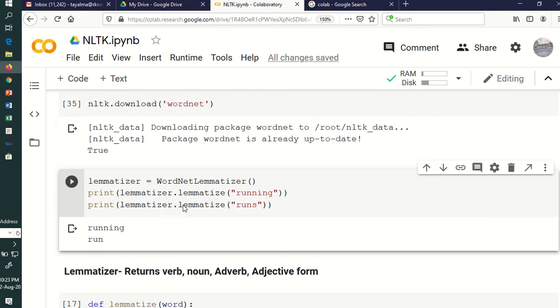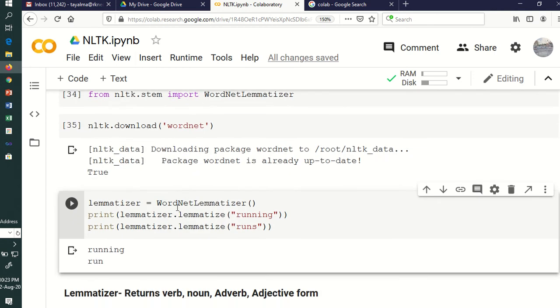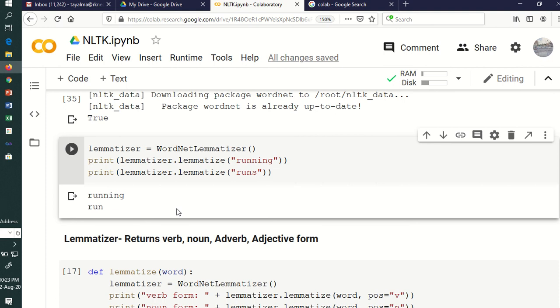So you can verify the difference from the stemmer that we already did. Your lemmatizer works somewhat more intelligently as compared to your stemmer. Now it depends upon us which kind of output we want.